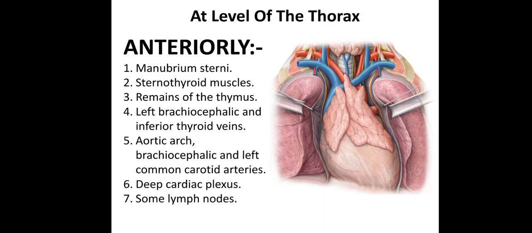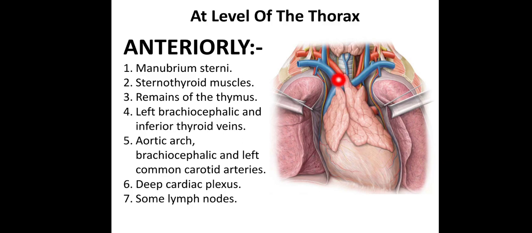Now the relation at the level of the thorax. Anteriorly you can see just below the first rib. Here, on the medial side, you can see this is the trachea. So first of all, most anteriorly there is the manubrium sterni, the manubrium part of the sternum bone, and sternothyroid muscle which is related anterior to the trachea